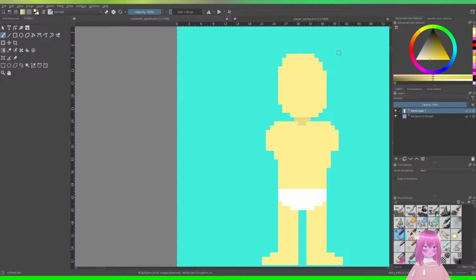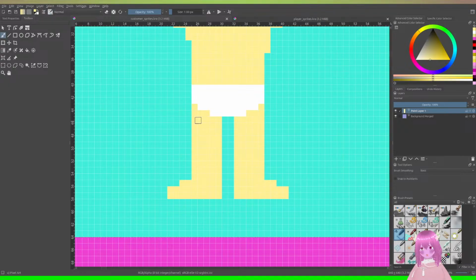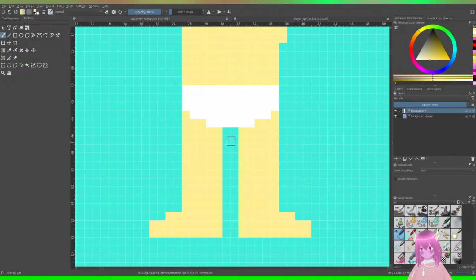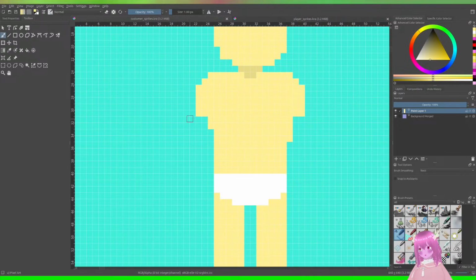Oh, you know what it'll be? The class will determine how their hair will be, in addition to their clothes. By the way, should I make them have the Deltarune legs, where like one side is shorter than the other? I don't think I am.